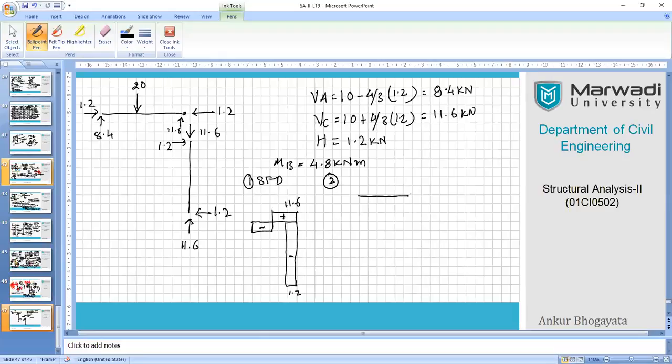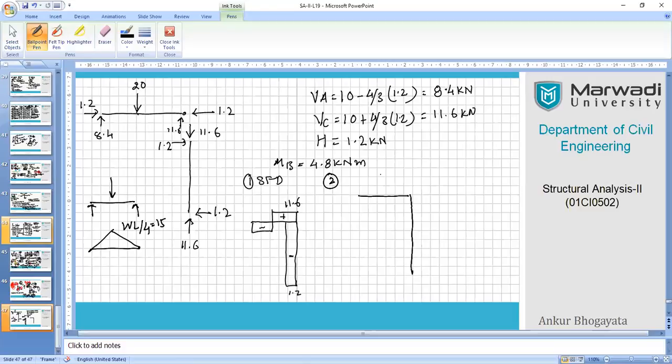I'm doing it a little fast, so you just need to write it down right now for the sake of comparison. Now you can see that we have one span load. So definitely there will be a simply supported type of moment that you have to work out in the mid span, which you can work out like this, WL by 4. So this answer is 15, because WL by 4 is 20 multiplied by 3 by 4, which gives you 15.